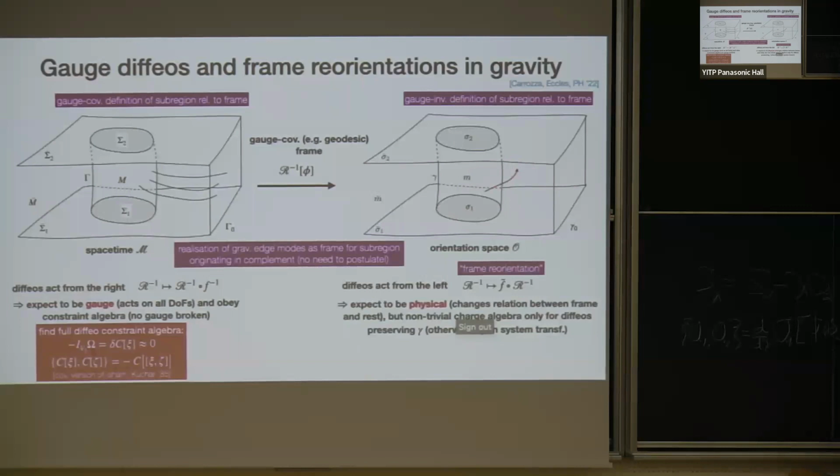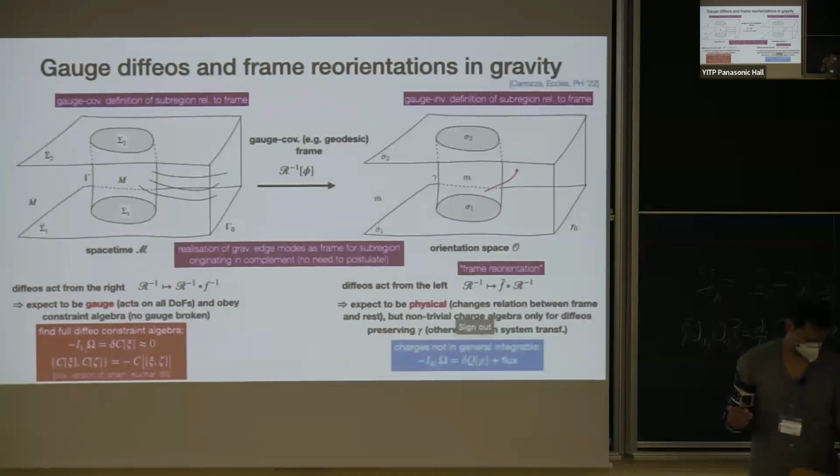The way we construct this is by requiring that the presymplectic structure of the subregion is preserved under the dynamics. And then in order to get the charges, you have to look at the contractions of that presymplectic structure with the field space vector fields that correspond to reorienting your edge mode frame. Then for gauge theories, you can really reproduce the usual charges that one gets in a gauge invariant way. Maybe you want to call those edge modes, but those charges you can all reproduce in this way. And in the gravitational case, it's likewise.